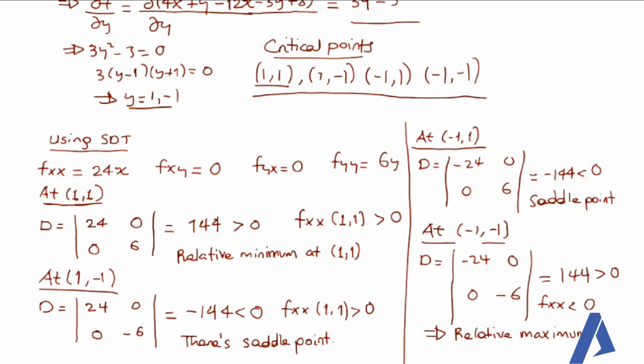ስለዚህ as a note እነዚህን ሬሌቲቭ ማክሲመም ሳድል ፖይንቶቹን ማግኘት እንችላለን። We just insert the critical point into the function, and by evaluating the functional value, the point we get will be the relative minimum value, the relative maximum value and the saddle point ማለት ነው።